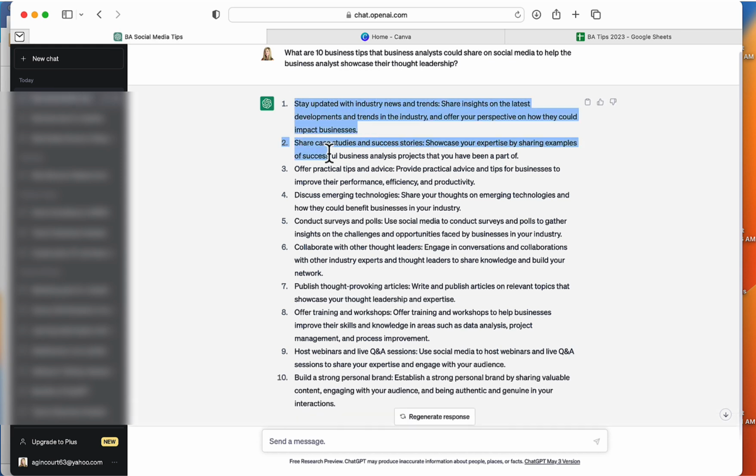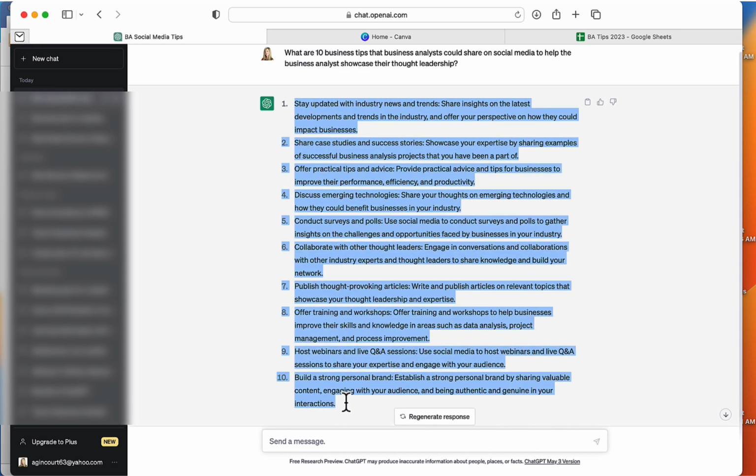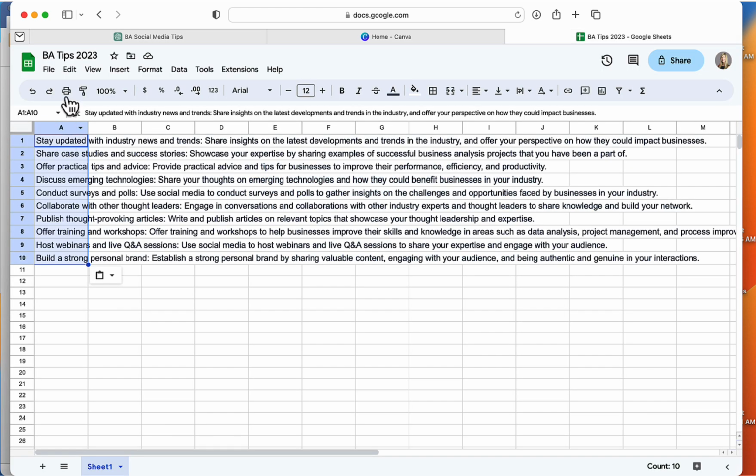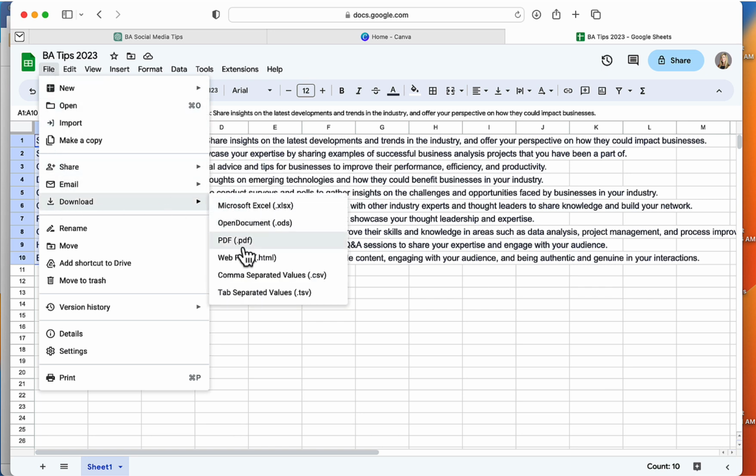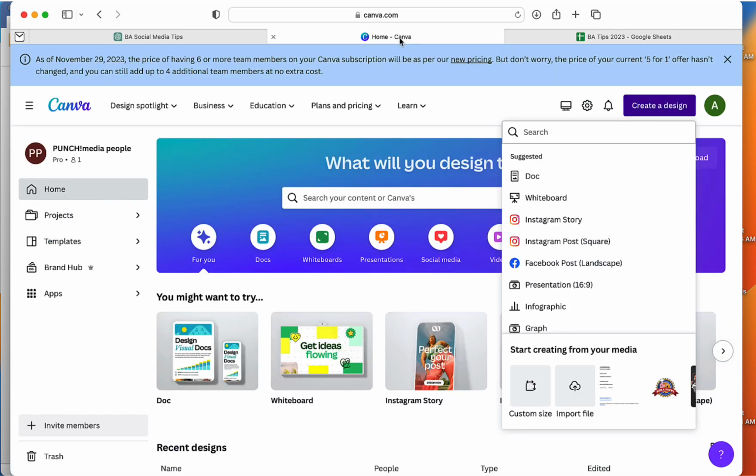So now that I have this copy, I'm going to highlight all of it, and I am going to simply copy it into an Excel file or a Google Sheets. I've copied it into the Google Sheets. I'm going to File, and then I am going to Download, and you have to save this as a CSV file. Now your CSV file has been saved, and the next step you're going to want to do is to